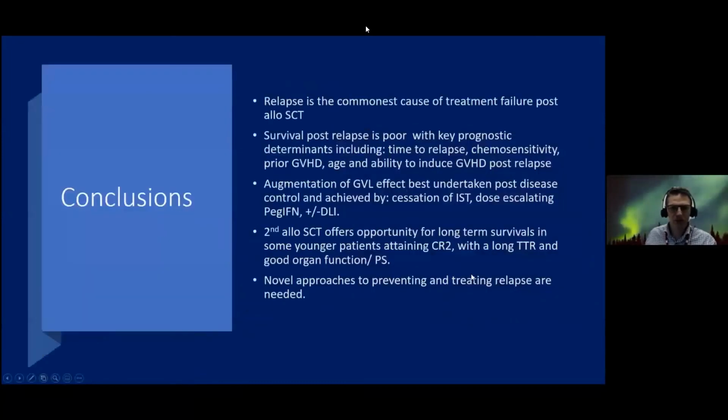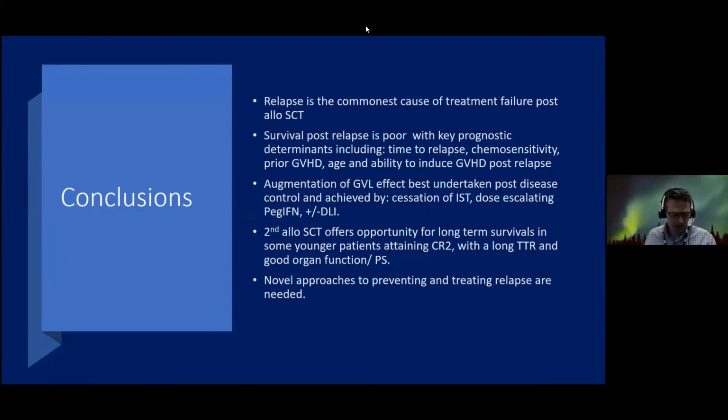with them. So in conclusion, relapse is the commonest cause of treatment failure post-allograft. Survival post-relapse is poor. Key determinants of survival is time to relapse, chemosensitivity, prior GVHD, and age. Augmentation of the GVL effect is best undertaken post-transplant with cessation of immune suppression, dose escalating pegylated interferon, and or